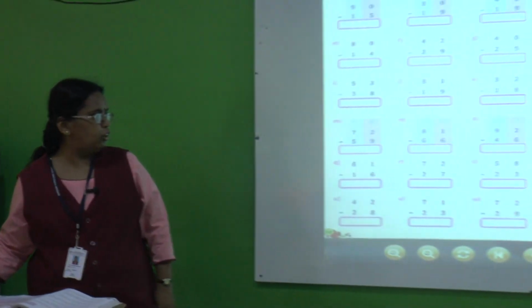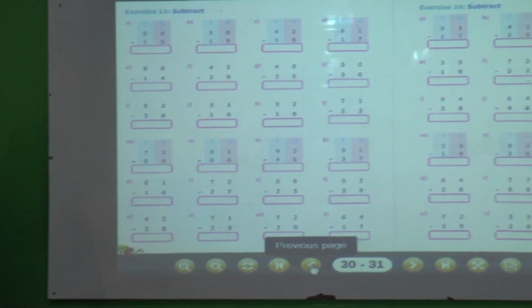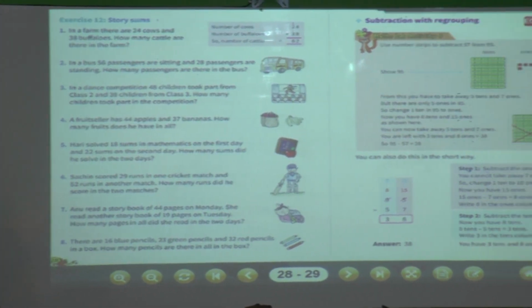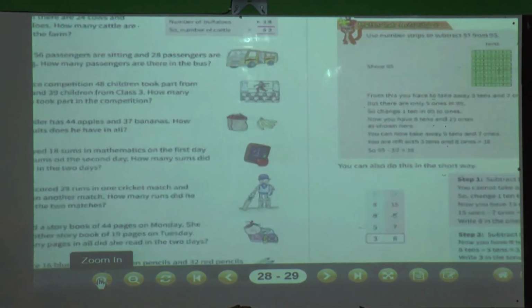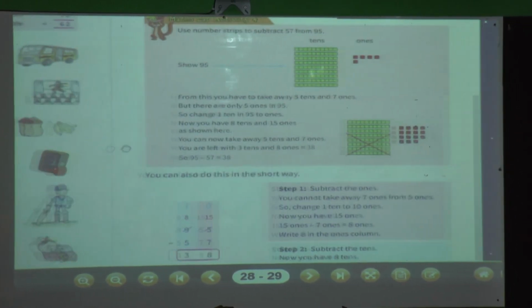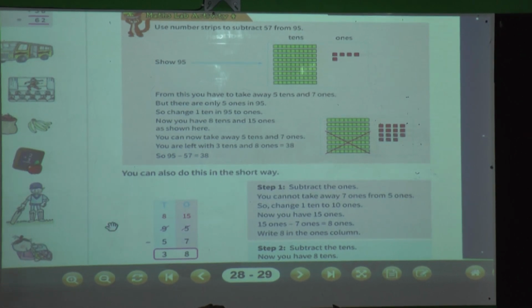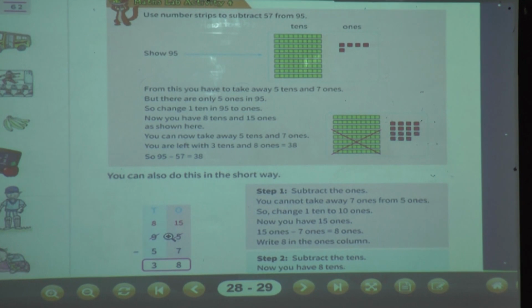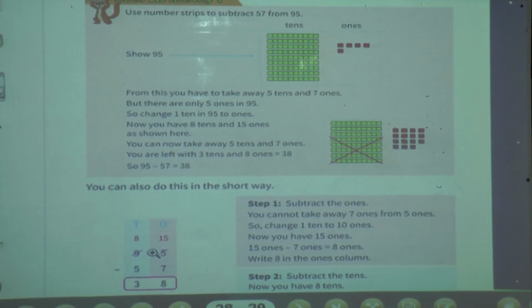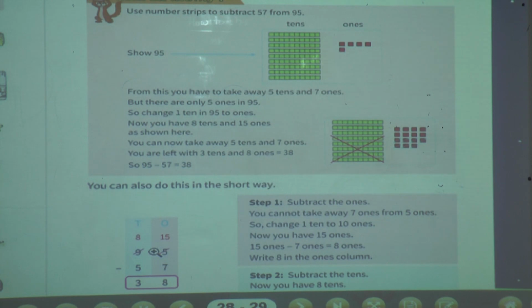Okay. Now I have explained here in the strip. See here, previous what I had told you, this one. By this strip we have understood. In this way we have seen here how it is done, how to minus and how to take. We are borrowing from this number, from tens we are taking 1 and we are giving 1 to ones. So when you give 1 to 5 it will become 15, and here in tens, if 9 is there, when you give it will become 8. In this way you can solve the exercise. Now turn the page.